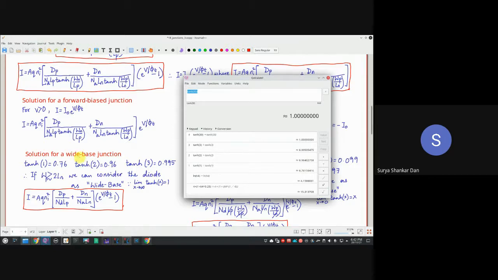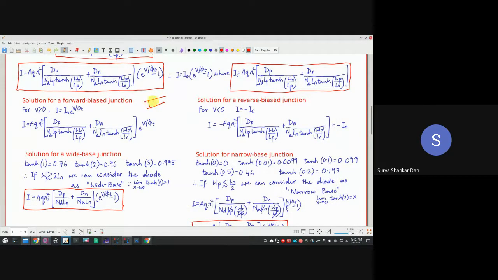So for a wide diode, for a big diode, wide base हम कहते हैं usually, because ये base क्यों कहते हैं, it's like a historical reason, because a pure junction is hardly ever used. Okay, so a transistor, a BJT, is much more interesting. So if we are having a wide base, so that means this kind of a situation. This is emitter, base, collector. Okay, in a wide base BJT, then what happens is this tan hyperbolic factor will simply vanish, and you are left with this.